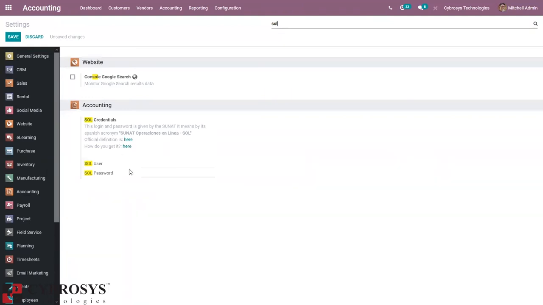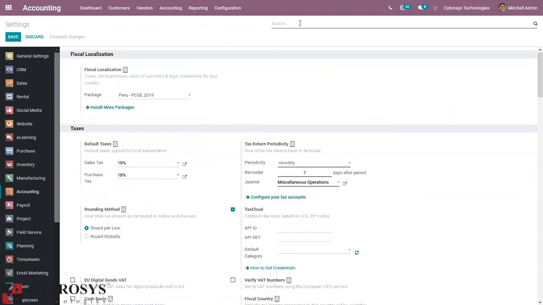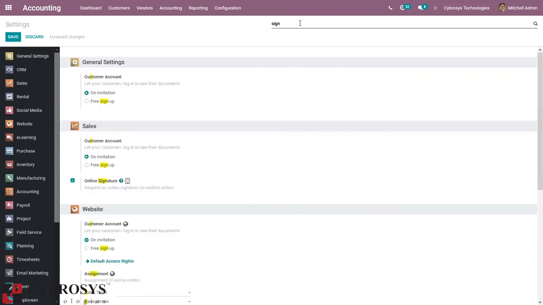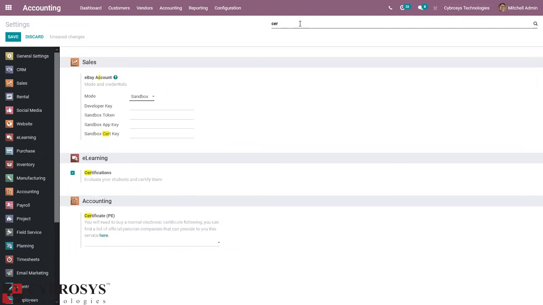You can set the SOL user and password here. And you can also set the certificate. You will need to buy a normal electronic certificate. You can find a list of official Peruvian companies that provide this service here.